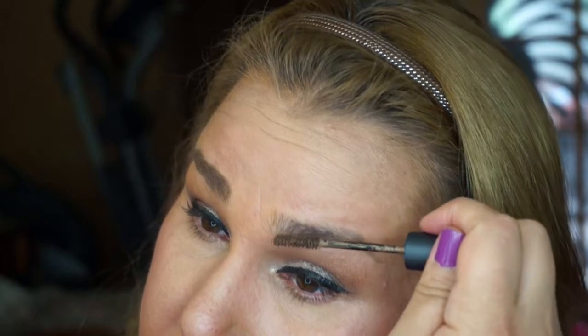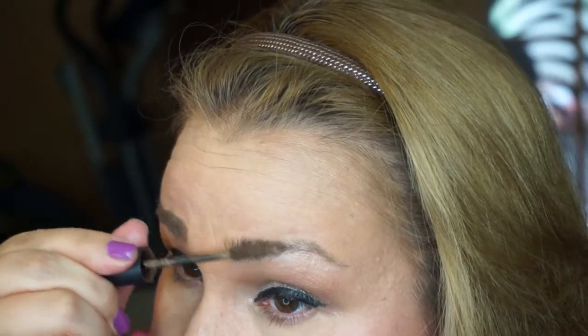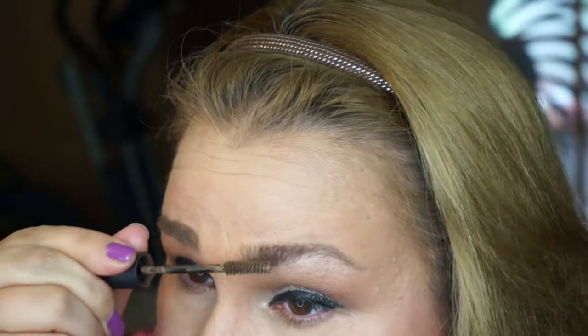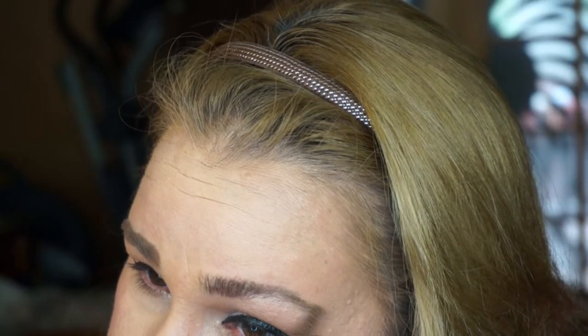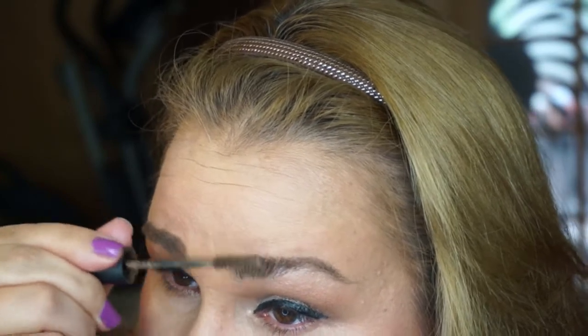And remember, eyebrows are sisters, not twins. That's what somebody told me, or I read somewhere. So don't expect your eyebrows to be the exact same every time you do them. Of course, you don't want them to look crazy different. And if you get too much on,